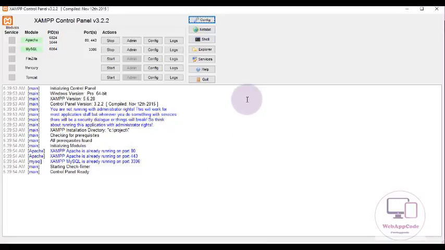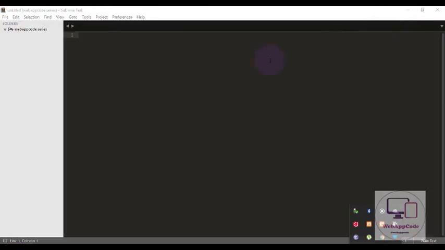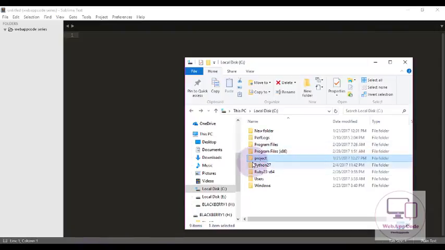After downloading and installing it, you just start Apache and MySQL, and you can either close or minimize. It will still be on. Also remember, all your projects should be inside your XAMPP folder,